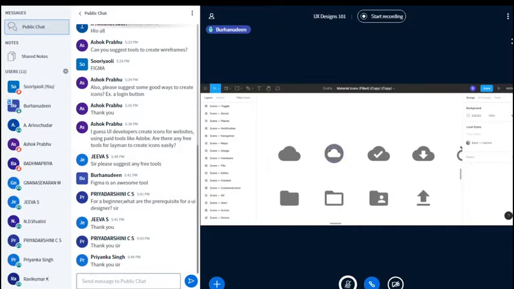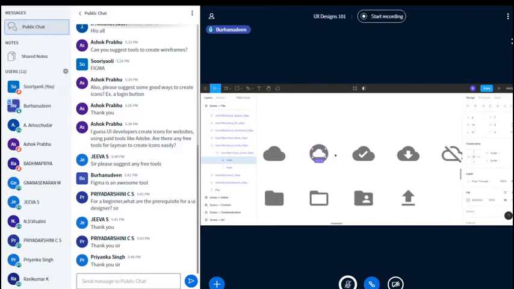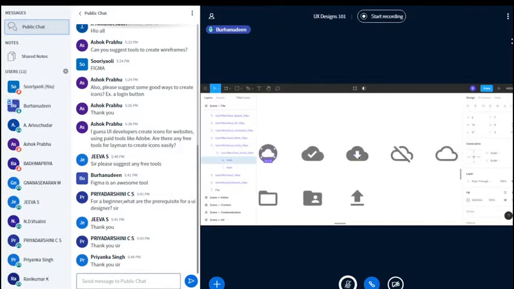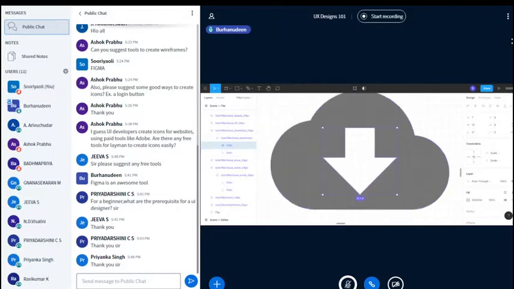This is the tool I showed you, Figma, and you can see this is the icon, which you can move here or here. This is how a download icon or upload icon, which you see on a user interface, looks. It's more of a user interface design. Technically, it's like 100 kilometers deep inside UI design, with more calculations and pixel perfection. If you look at this, you can go into the detail of each and every pixel.